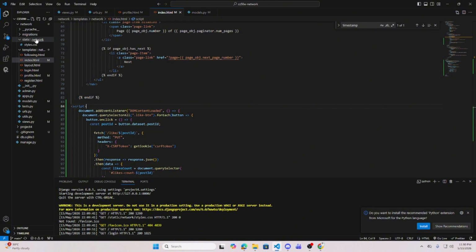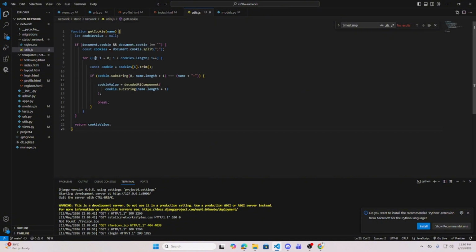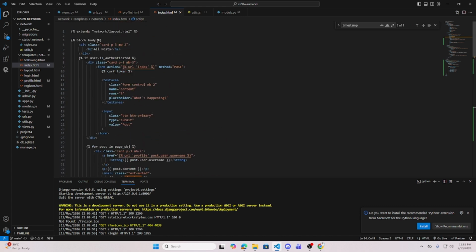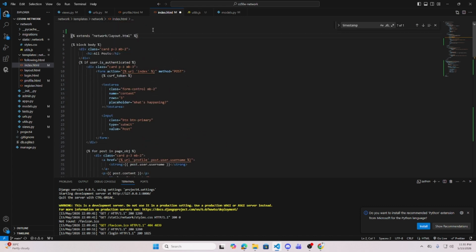So here in our static folder, where usually CSS and JavaScript are called, we're gonna create a new file. We're gonna call it utils.js and we're gonna paste this get cookie function. Once we have that, at the top of our index.html, we're gonna call for load static, meaning we're gonna load